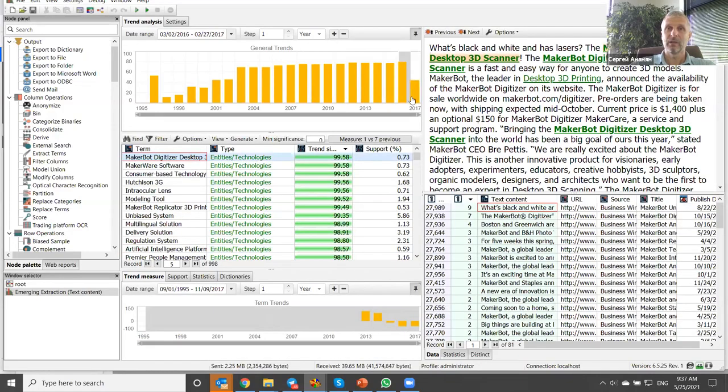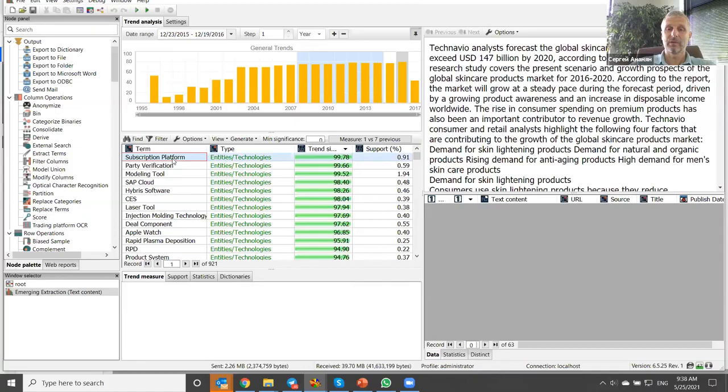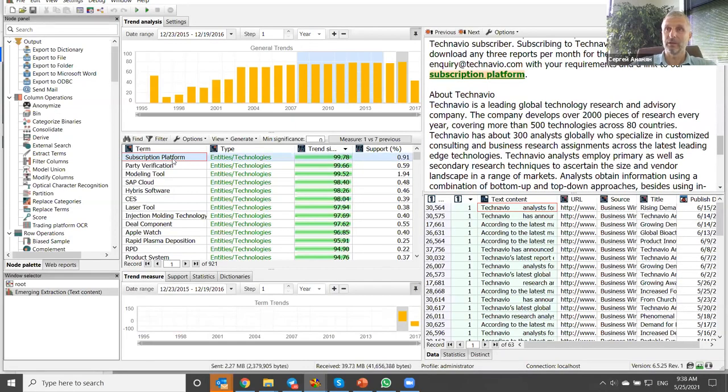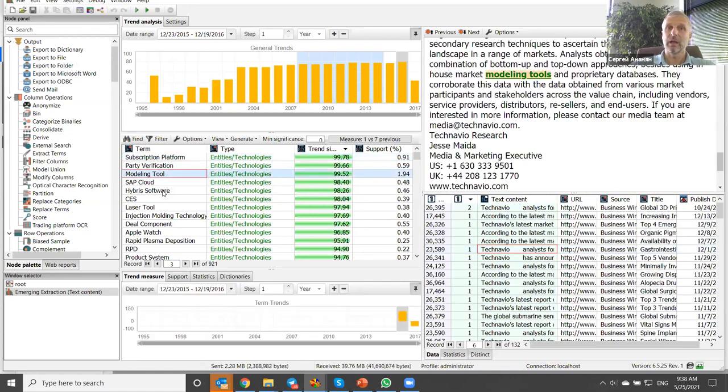So if I look at this particular year, you can see how we're comparing it to what happened before. The system shows what seems to be trending, what suddenly becomes an important thing, the subscription platform, for example, or this modeling tool or hybrid software.